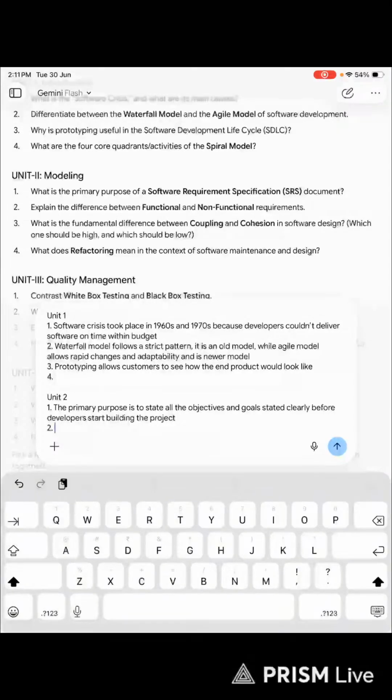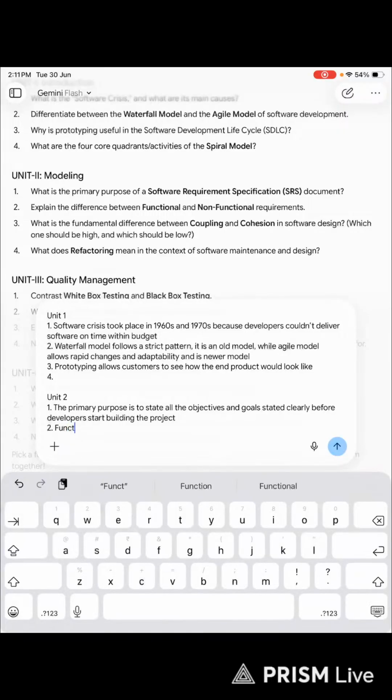Explain the difference between functional and non-functional requirements. Functional requirements are those